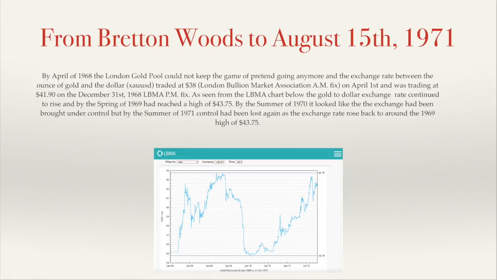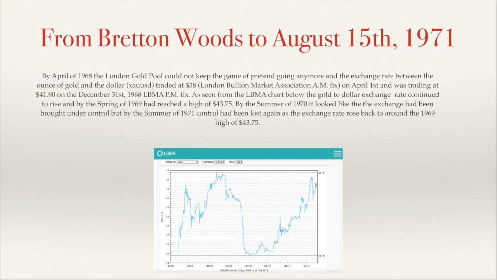So by April 1968, the London Gold Pool could not keep the game of pretend going anymore, and the exchange rate between the ounce of gold and the dollar traded at $38 an ounce on April 1st and was trading at $41.90 on December 31st, 1968, as per the LBMA PM fix. As seen from the LBMA chart below, the gold to dollar exchange rate continued to rise, and by the spring of 1969 had reached a record high of